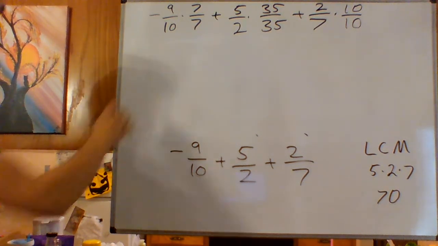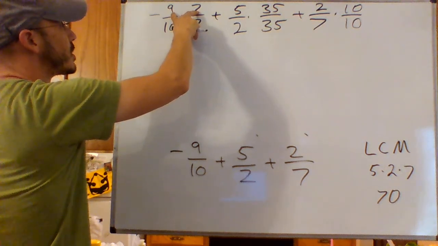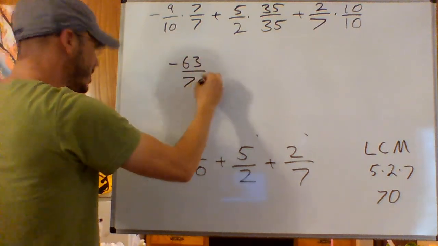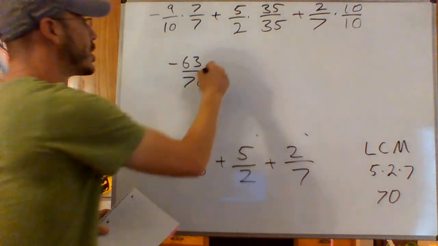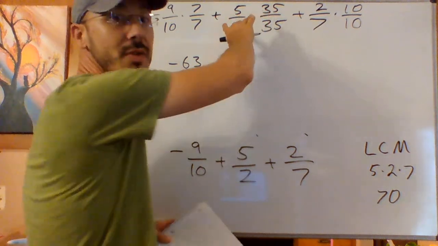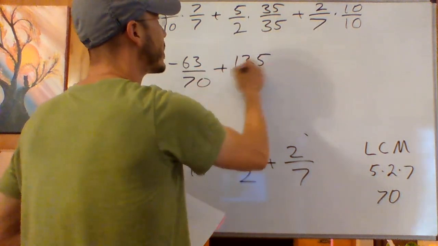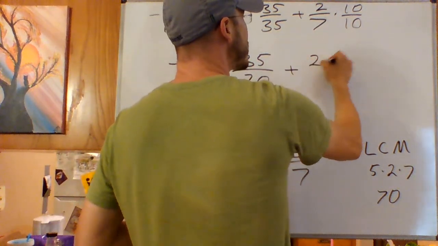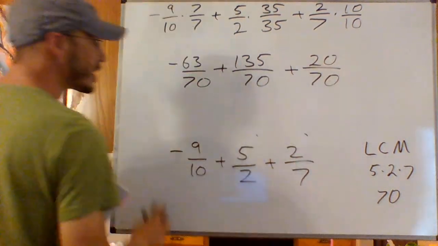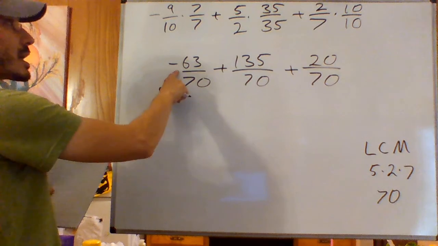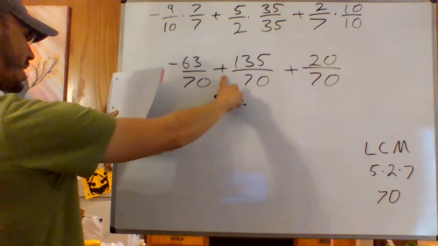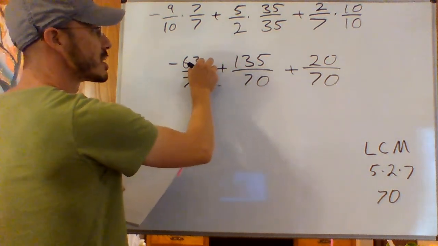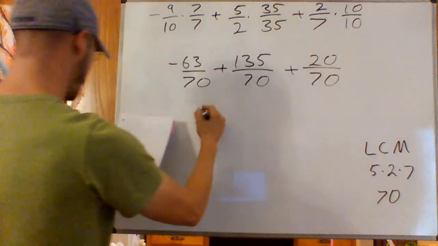Now I'm going to carry out the multiplication. It's -63/70 plus 5 times 35 is 175. For this one I turned to a calculator. It's 175 over 70 plus 2 times 10 is 20 over 70. And then if I add those, well, this one's negative, so this is the first operation I would do, and it would give me the result of these. But when I do -63 plus 175 plus 20, I get